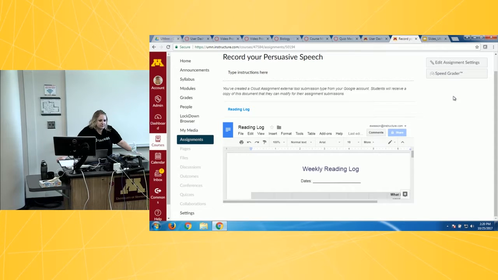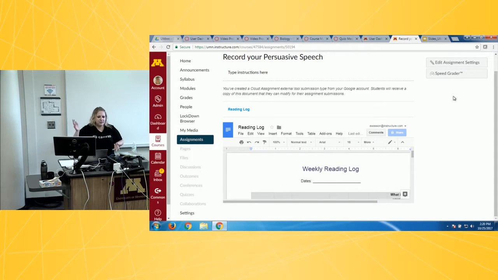Yes? So technically, to access the Google assignment, they will need to go through Canvas, right? They cannot bypass and find the document in their drive. All right, so he asked a really great question about how they submit through Google. Does it have to be in this way? Can it be from their own Google Drive? Maybe they completed an assignment on their own, and then they wanted to submit it. That's another version of this. This is the way you set up a Google assignment if you want them to all work on the same master worksheet that gives a copy to them. That's the Google Cloud Doc way to do this.